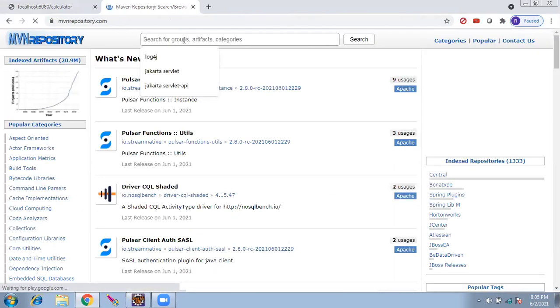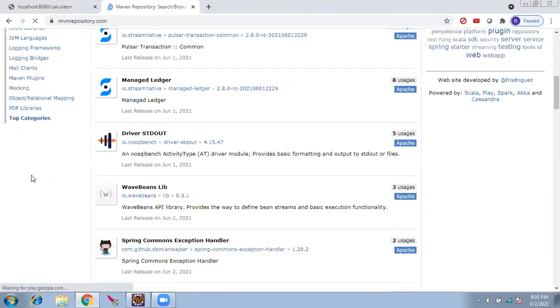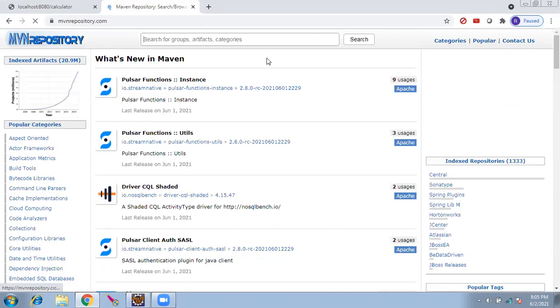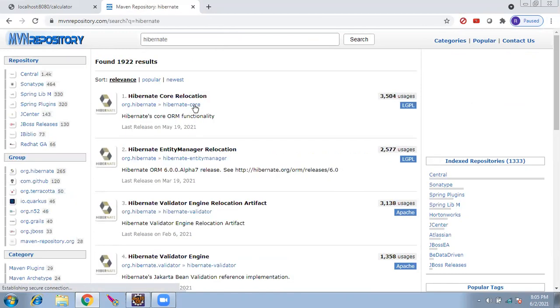Here you can search any jar file for your project. It has every single jar file which is used by Java. So I want to use Hibernate, which means I will type Hibernate here. These many jars have come in. You just need to pick the correct version. That's all it is.